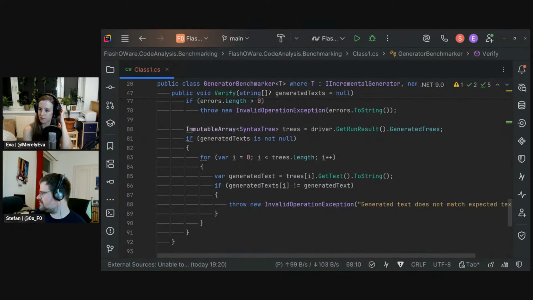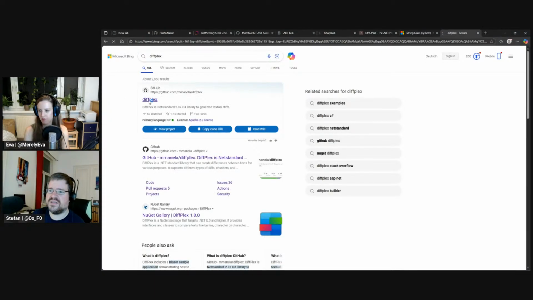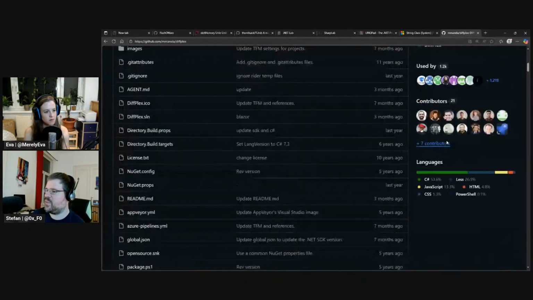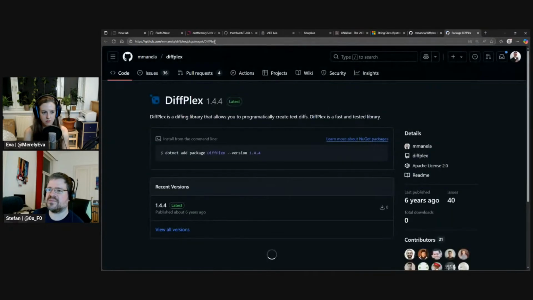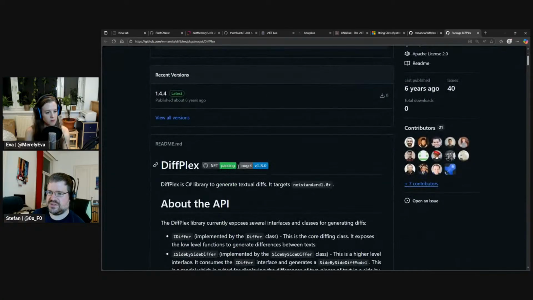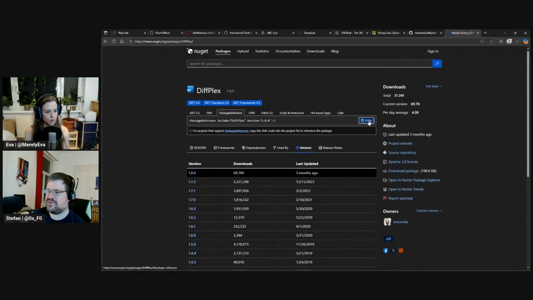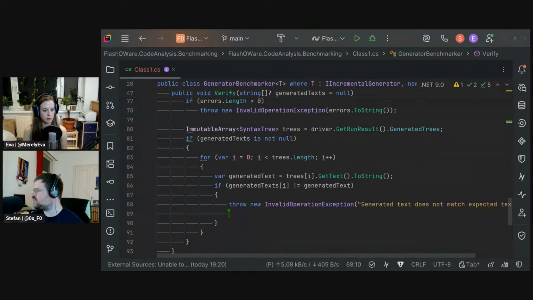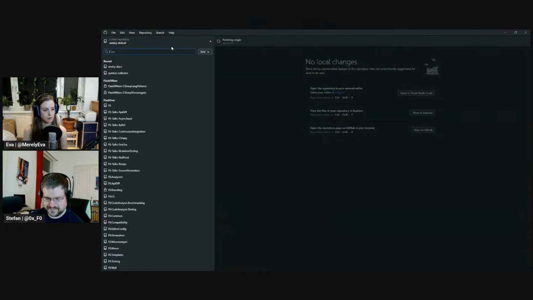There is something called DiffPlex, I think. Is that called DiffPlex? I think that's the library. Let us go to NuGet. We need the package reference of the latest version, three months ago. Because with this package, we can basically pass in strings and it gives us a diff line by line, similar to Git. When we see in Git, maybe I can show GitHub Desktop. When you do a Git diff, you get